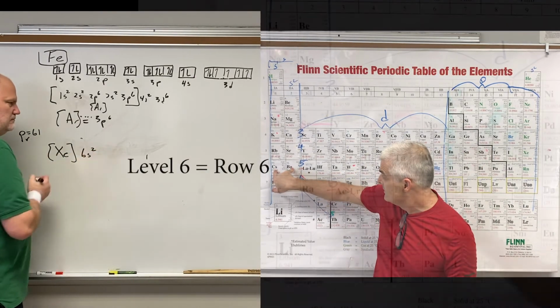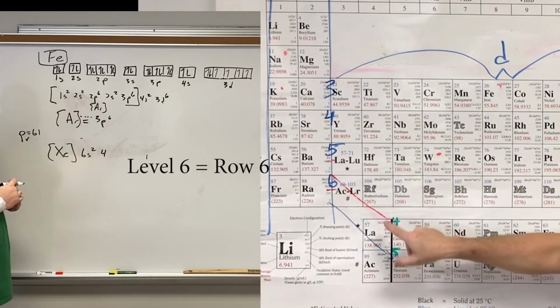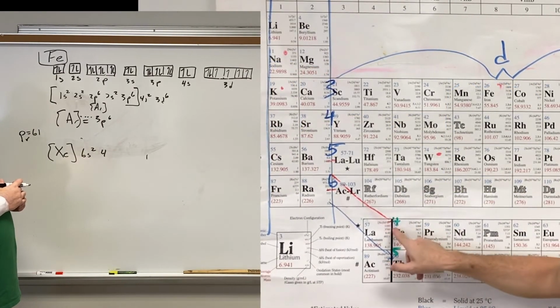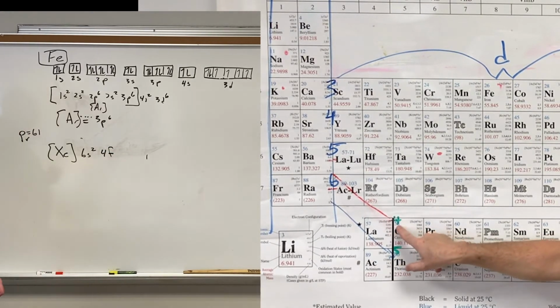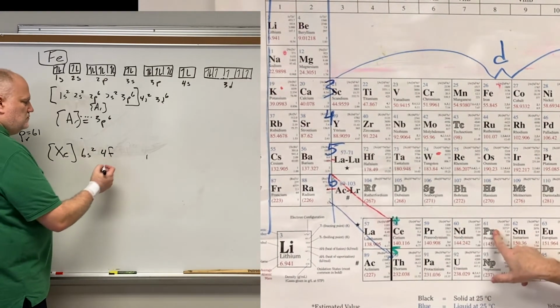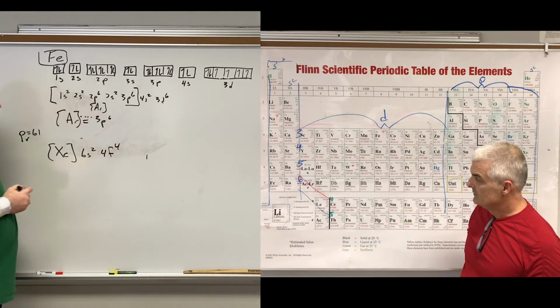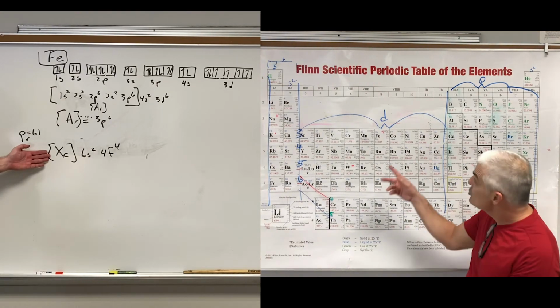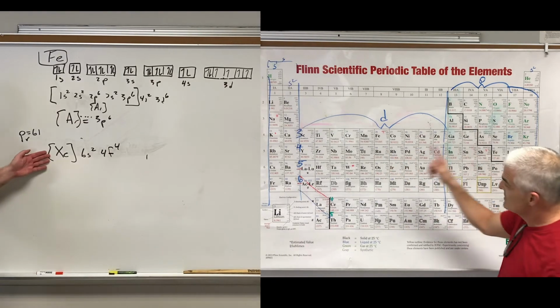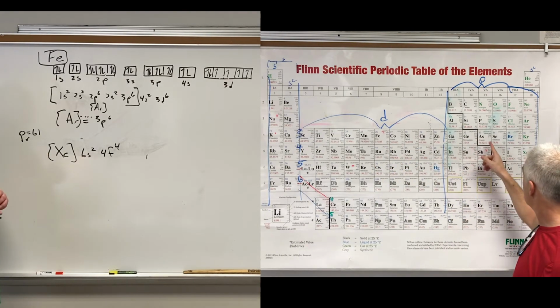6s1 and 2. And then we drop down to the 4. Remember, this is the 4 level. Make sure, by the way, on your periodic table that you write 4 and 5 right here, right next to these. 4f: 1, 2, 3, 4. That's it. 6s2, 4f4. After you put the xenon, because xenon is 1s2, 2s2, 2p6, 3s2, 3p6, 4s2, 3d10,